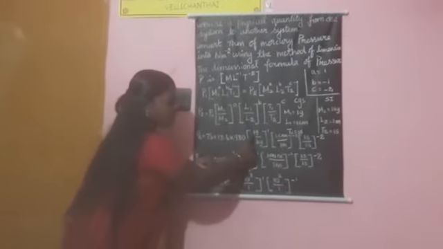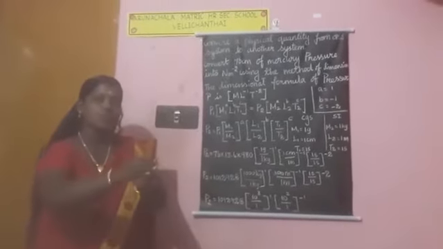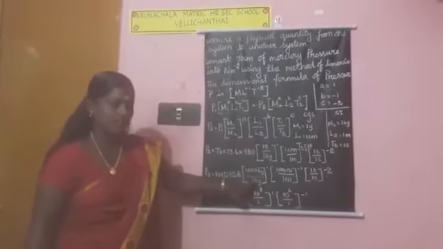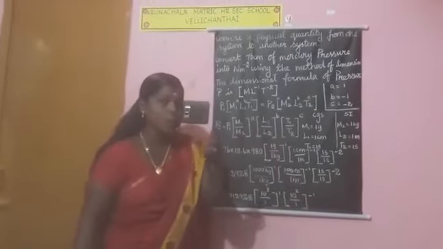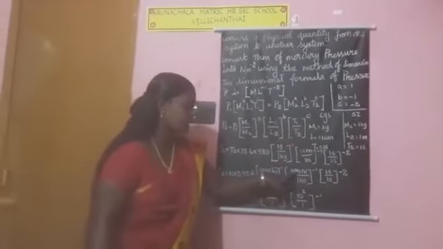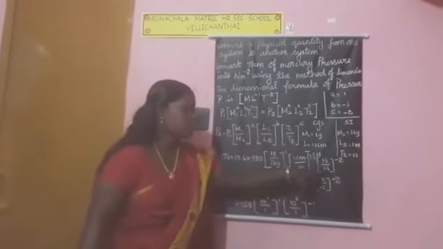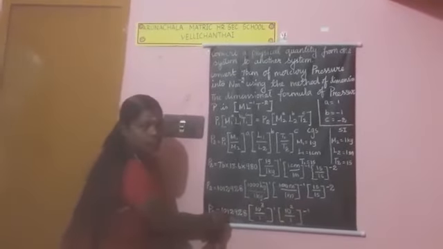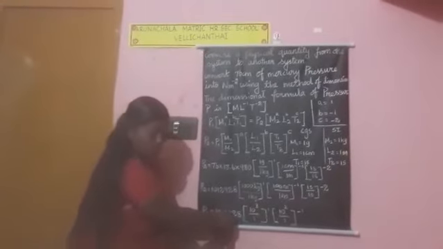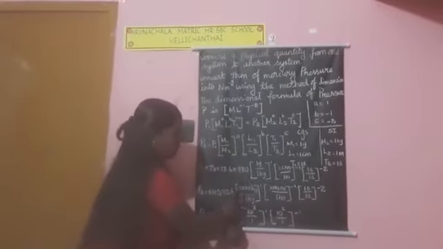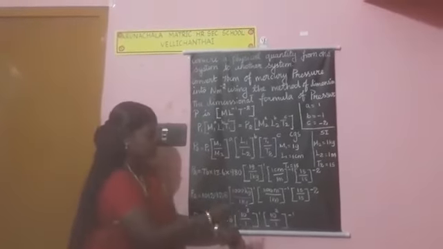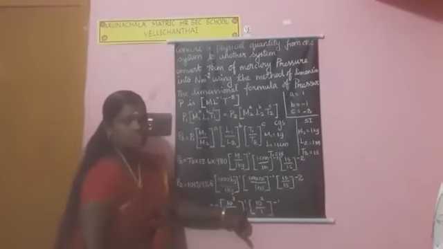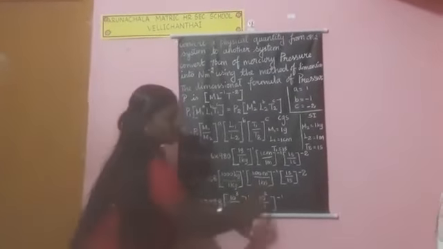Okay, the next, 1 gram you have to convert from gram to kilogram. So note that 1 kilogram is 1000 gram, divided by the already given 1 kilogram, into 1 centimeter. 1 meter equal to 100 centimeter, so note it here, 100 centimeter divided by 1 meter. Here the same unit, 1 second divided by 1 second. Okay. The next step, the same value you have to note it here, 101 2928 into, 1000 means 3 zeros are there, so you have to note it here 10 cube divided by 1, the whole power 1. So here 2 zeros are there, so 10 square divided by 1, the whole power minus 1.